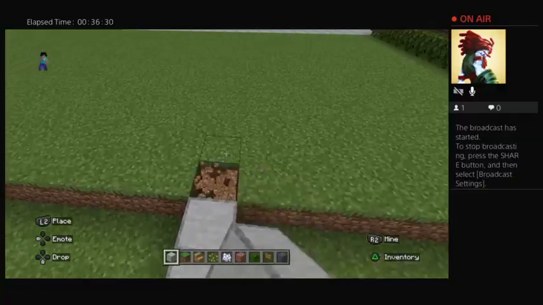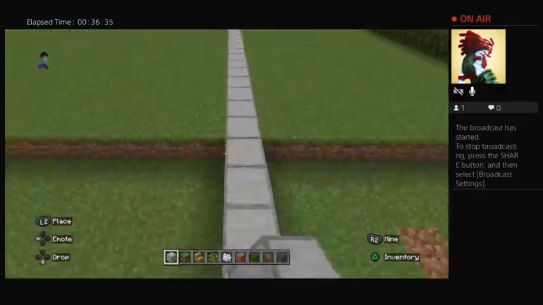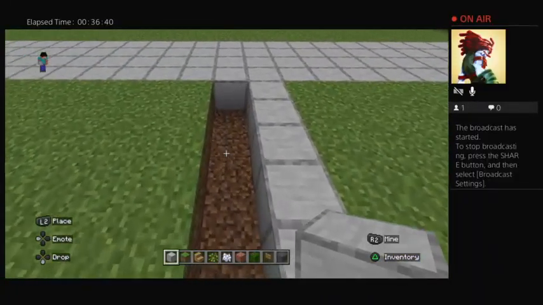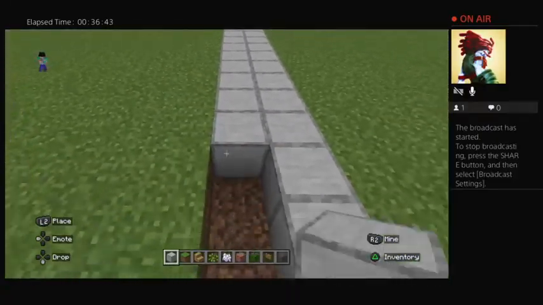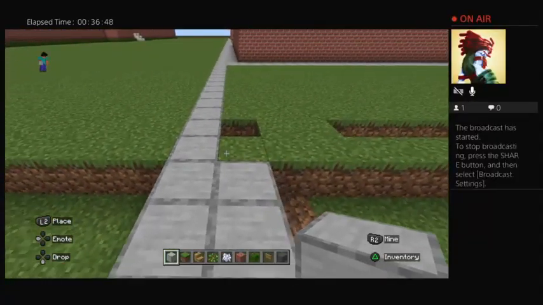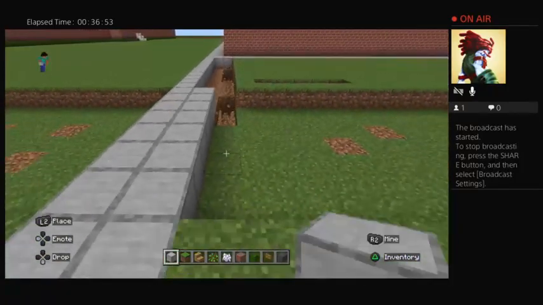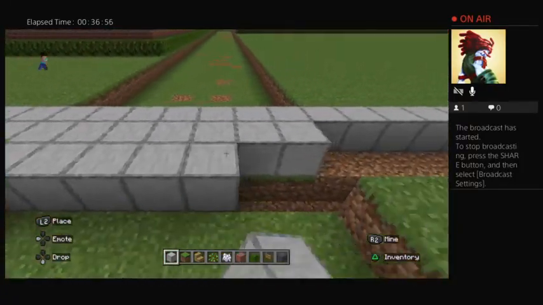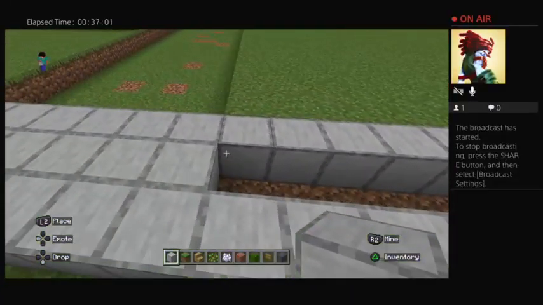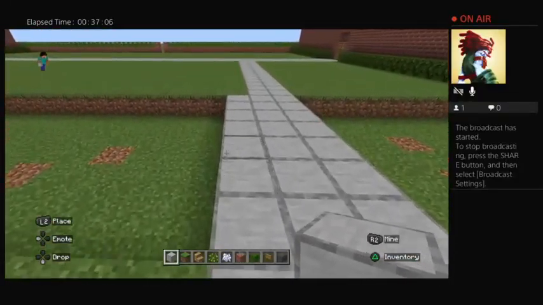Would it look okay if we added a walkway going to and from... just wondering, would it look weird if we were to make a walkway going to and from